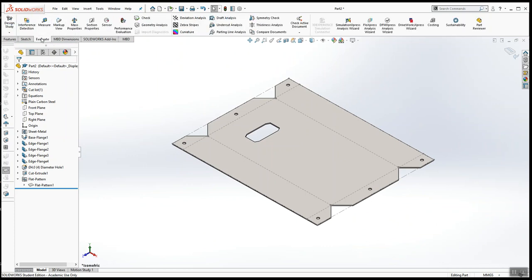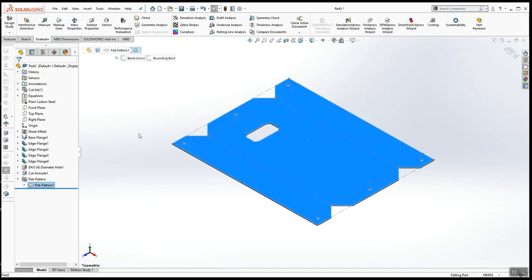If I go to the Evaluate tab, I want to calculate the surface area, okay? Because chances are this entire enclosure would be stamped out in one shot on a machine just like this. The holes, these V-notches, and the window would all be stamped out at the same time. So the surface area is what most fabrication shops calculate when figuring out how long it's going to take, how much the tooling costs, and how much material that they're going to need